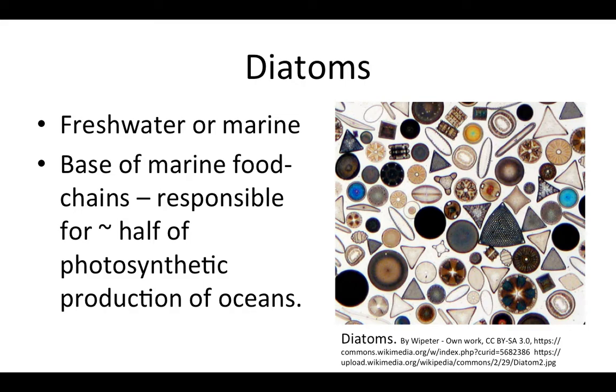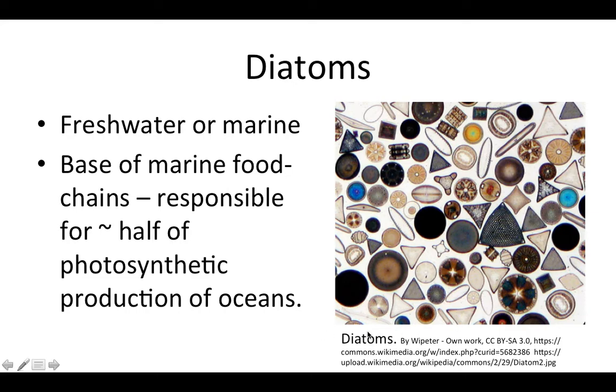We'll start by looking at diatoms. Diatoms occur both in freshwater and marine environments. By marine we mean saltwater, so oceans and seas. And these are especially important organisms for the oceans because they are the base of the marine food chain. And numbers or estimates vary widely, but somewhere around half of the photosynthetic production of oceans comes from diatoms. That means somewhere around half of the food that eventually gets produced that becomes food for things like fish is